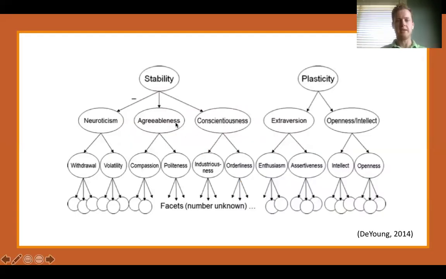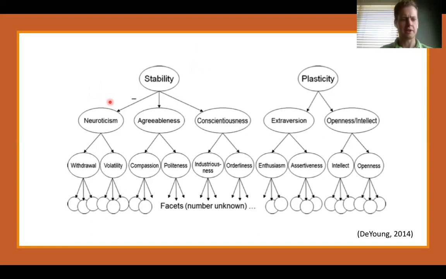So this is the personality hierarchy that Colin DeYoung came up with in this article. You see here he's got the big five: neuroticism, agreeableness, conscientiousness, extroversion, openness/intellect. He also has a few more, though. He has these aspects down here. Each one of the big five has been broken down into two more, what he calls aspects. And then there are also these two here, essentially a line between these two, and they can be clustered under two higher level domains. So we'll start with neuroticism.